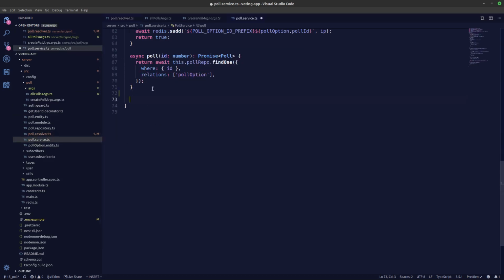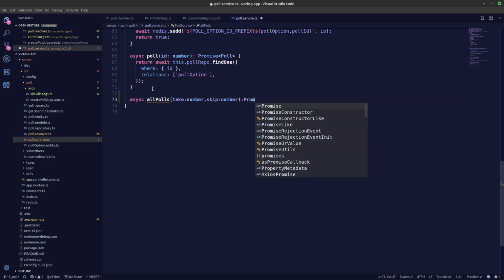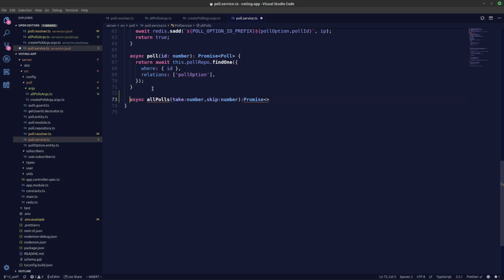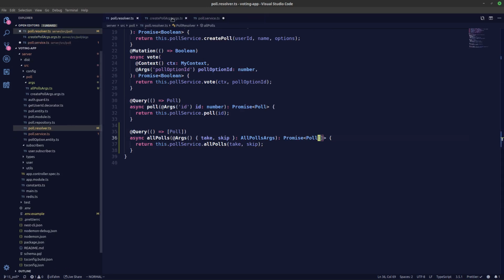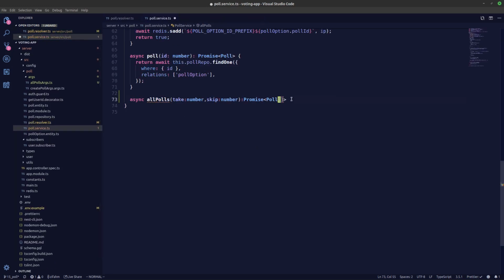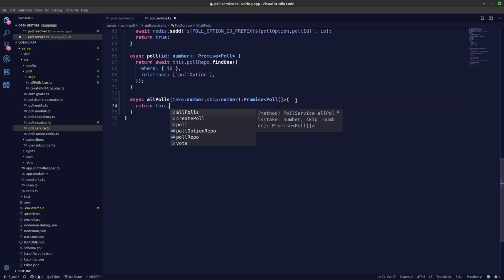So in our poll.service, we'll create a new function, all polls, take is a number, skip is a number, and what we're returning is a promise of an array of poll. So we also need to say that over here in our resolver as well. So we need to change this to array of poll. So in our service, let's create the function. So let's return this dot